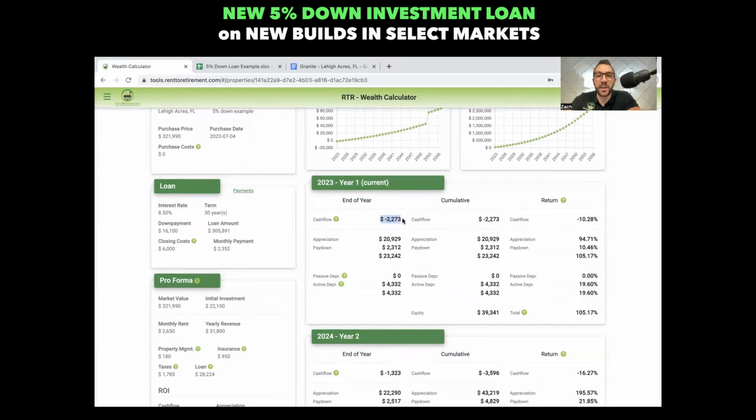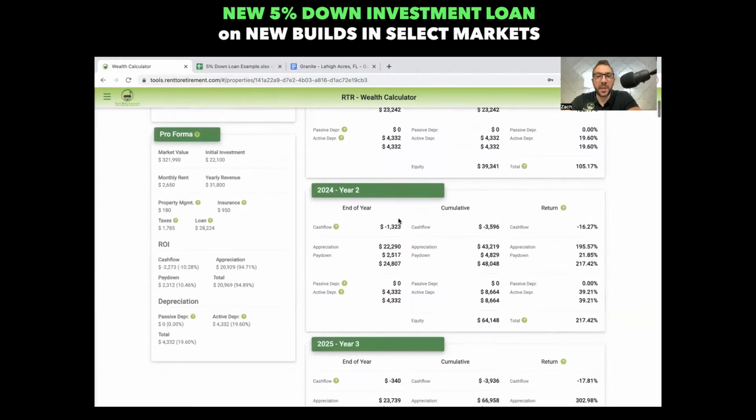But in year one, you would have a negative cash flow of just over $2,000. If you remember back to the Alabama properties that were 100% financing, this might have been $5,000 or $6,000. This is much more attractive. One, because you're putting a small percentage down. And secondly, just because the cash flow or the rents are a little bit more attractive compared to the price in this area. Year one, we have a negative cash flow of $2,000, but with, I believe, we did a